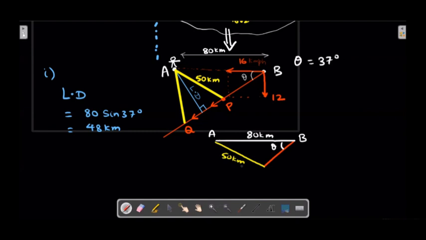Okay, so I think I can find this red colored side using the cosine rule, right? Or is there any other way of looking at that? I think I can use the sine rule also, because if we are smart enough, which we are, if this is 50 and this is 48, you can get this angle. That means you know this angle. Since this angle and this angle are known, with this side and this side known, you should be able to get this side. Okay, so if I get that particular value,